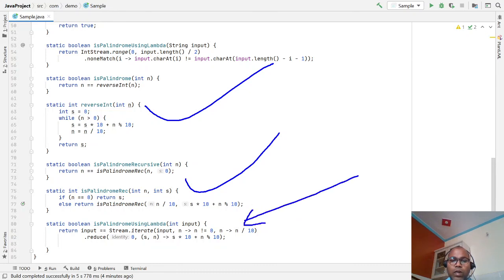Lambda expressions enforce you to write code in a small, pure form without mutating anything. Such code can be used in any kind of multi-threaded and parallel coding environment as well.